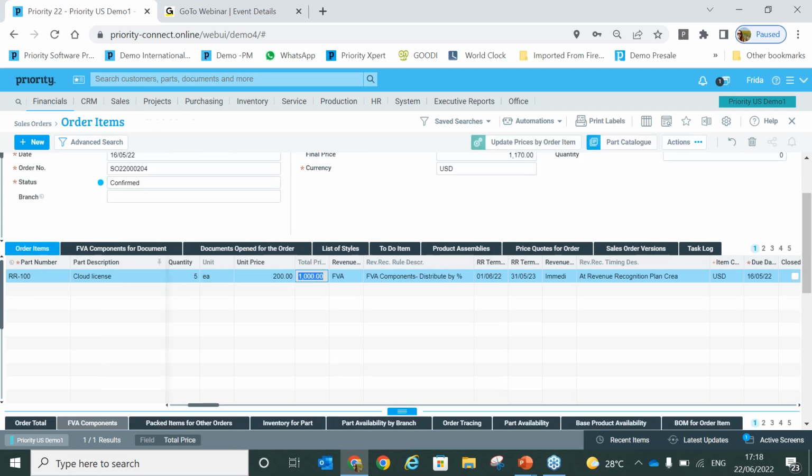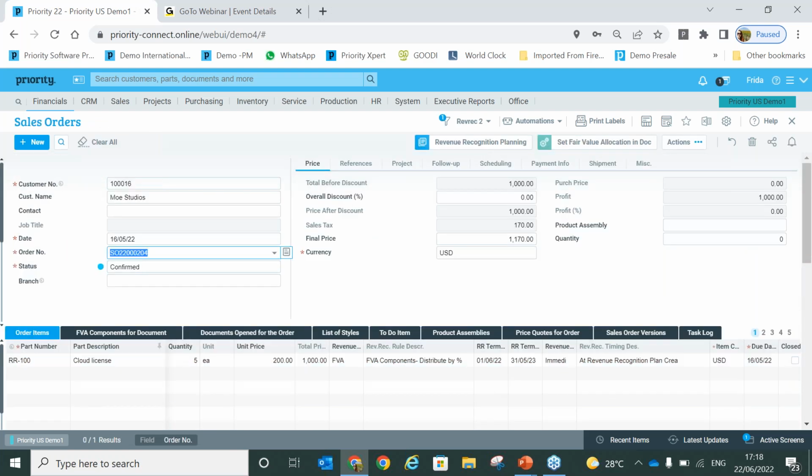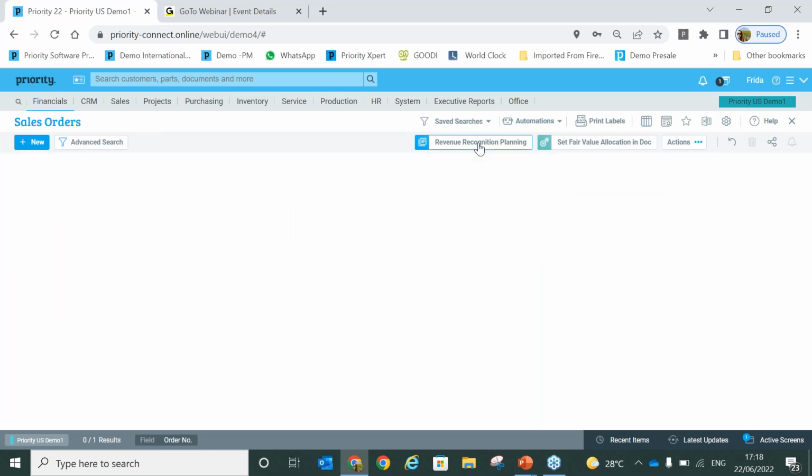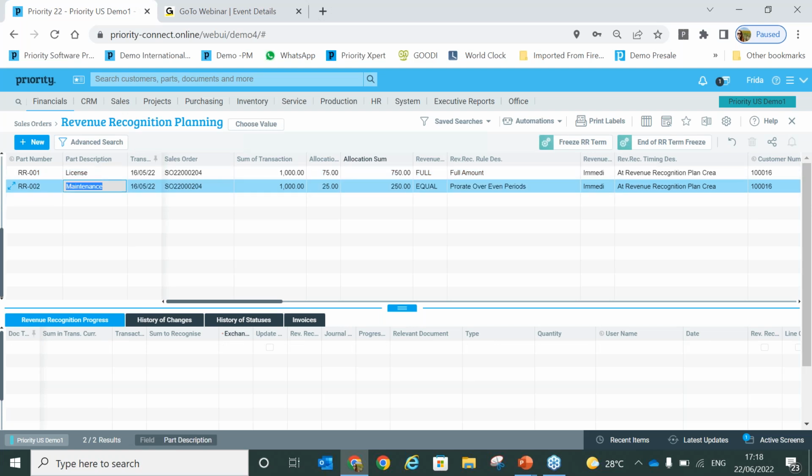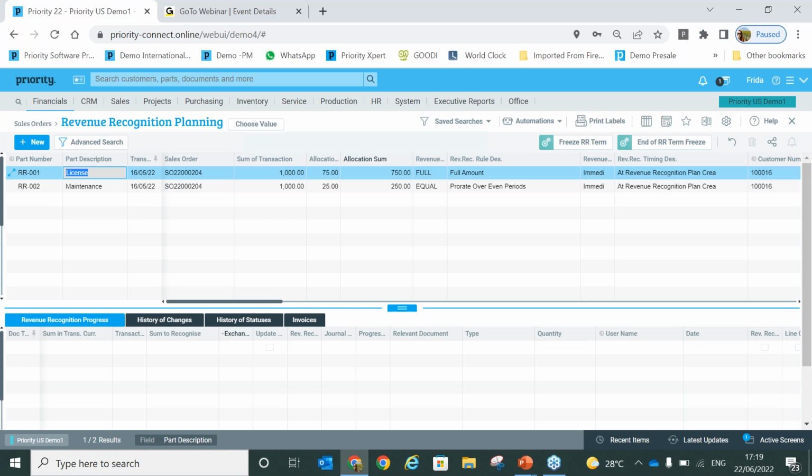Let's go back to the header of the sales order, and from there to the action which will shift us to the revenue recognition planning form. Just like we did on the previous example, here we can find that the system created two plans for this order line, one for each component, one for the license and the second for the maintenance. So we can see on the license line that the amount written on the allocation sum here is $750, which is 75% of $1,000. And we can see on the sub-level form that they were recognized at the end of May